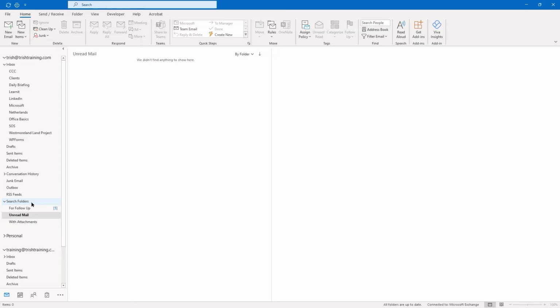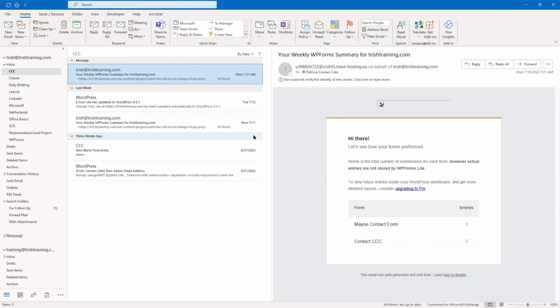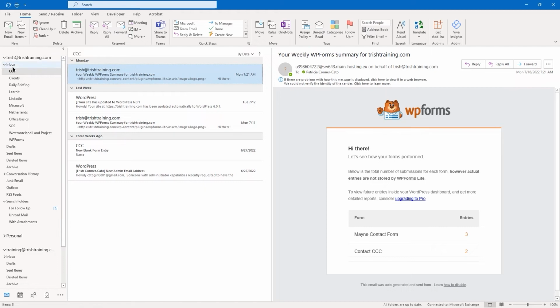The reason why I recommend the with attachments folder is because we talked about your mailbox capacity at some point, and I said, as you receive emails with attachments, if you need those attachments, you should save them to your system and then detach them from your email. Well, if you start getting that you're reaching your quota message in your email, you would want to find the emails that have attachments, and they would all be in your with attachments folder, so you can then detach and save and do what you need to do to gain more space in your mailbox.